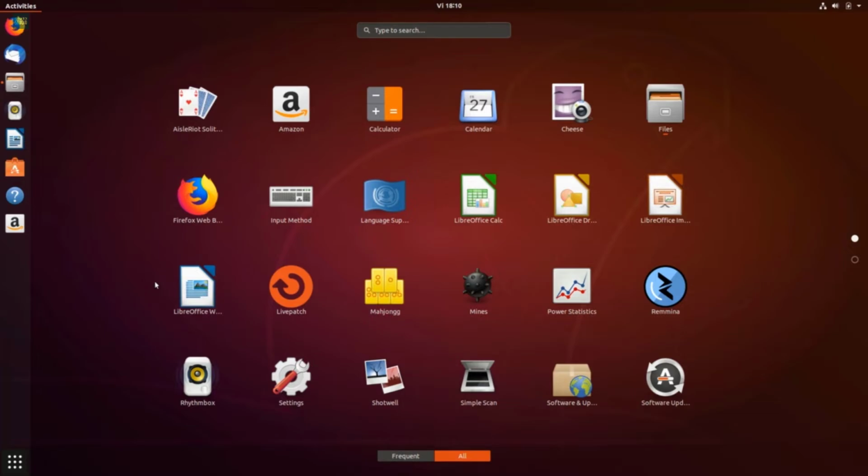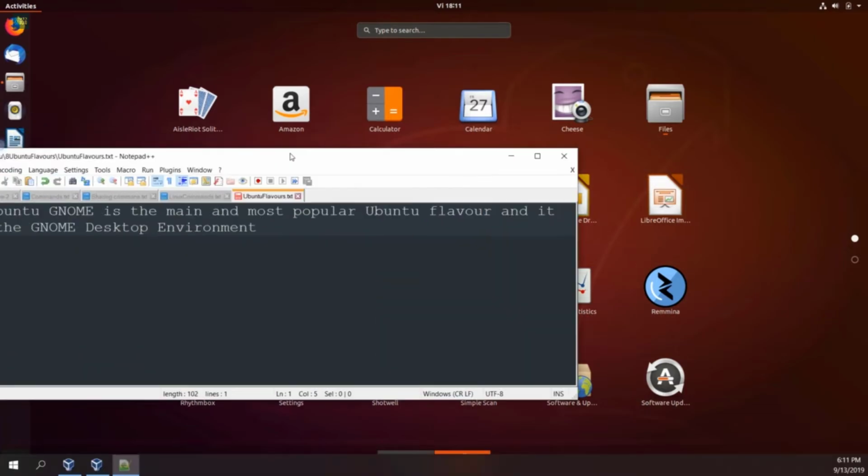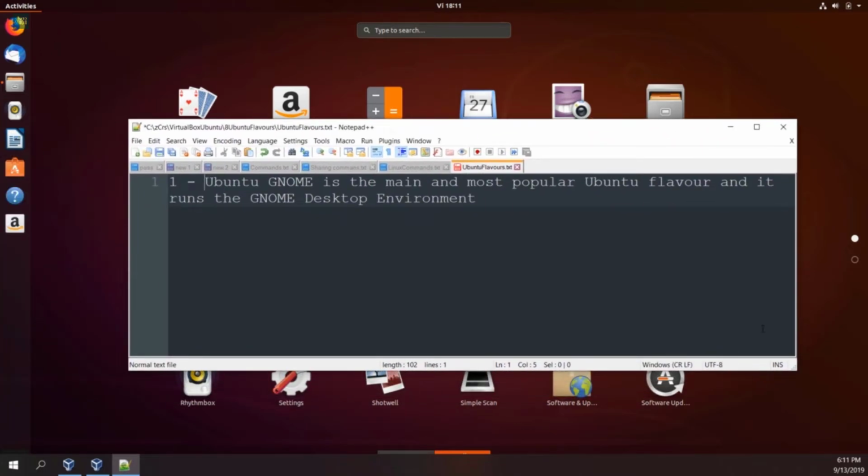But did you know that there are other distributions of Linux, other flavors of Linux which are not based on looks but are based more on performance? So currently we are using the Ubuntu GNOME. This interface is called GNOME. It is the most popular Ubuntu flavor and it is the default one. But there are other